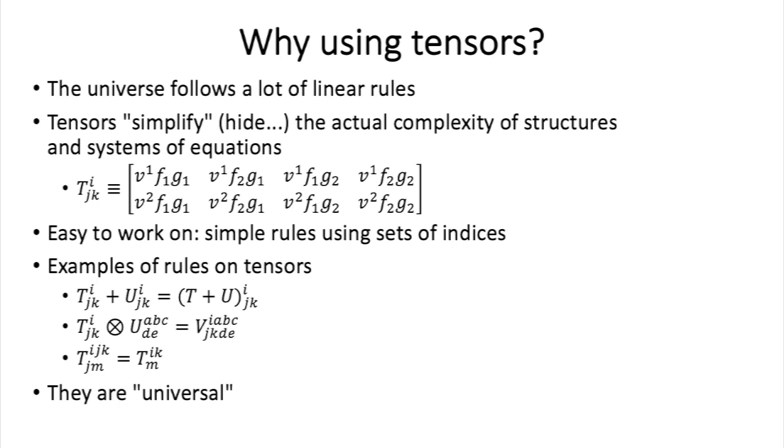And the next thing is they are universal. So what does that mean? Well, that means they work for all frames of reference. In other words, it's like abstract vectors, which are valid everywhere. Well, the same thing happens for tensors. And by the way, vectors are tensors, so that's not very surprising. And we'll use that, of course, a lot.